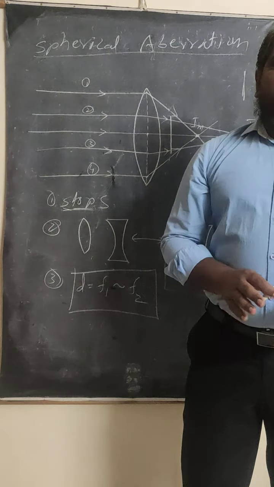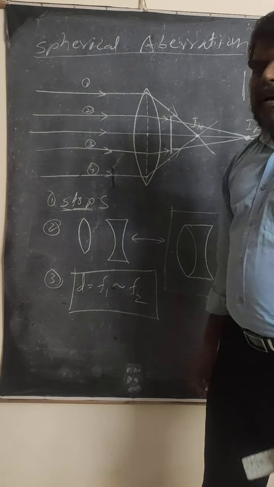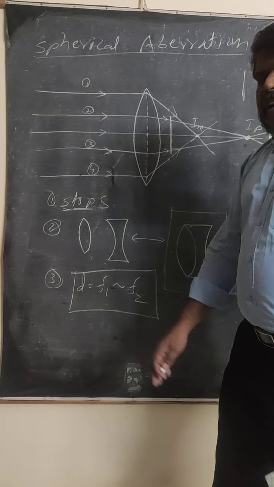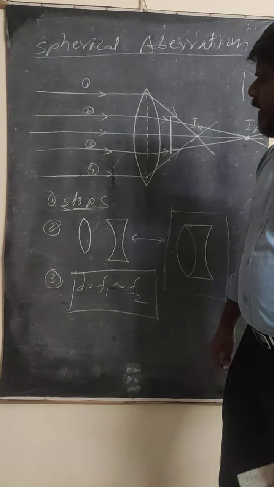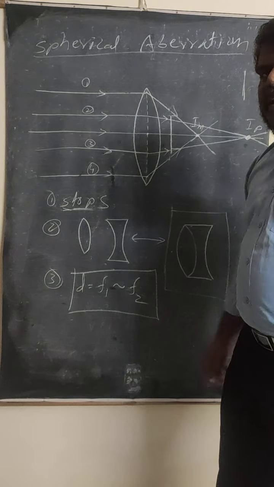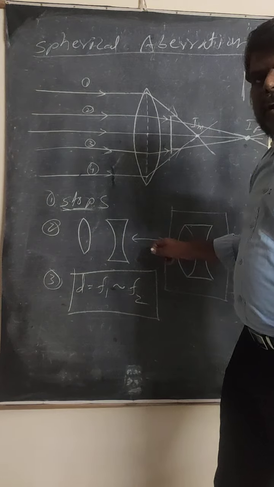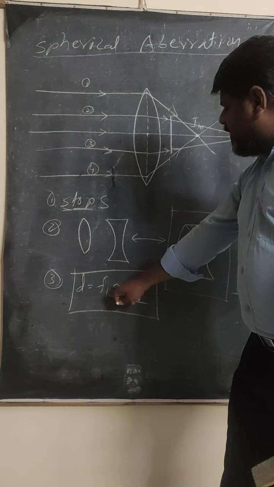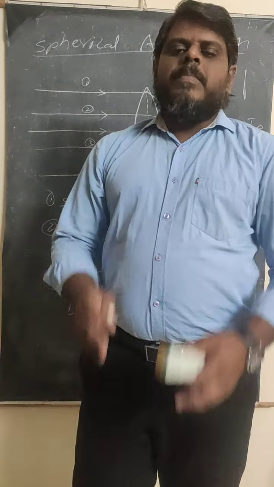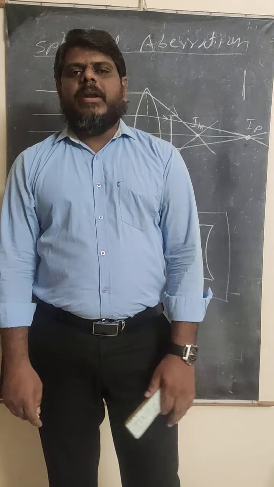Okay, what is the main reason for the spherical aberration? Marginal rays and paraxial rays. 1 and 4 are the marginal rays, 2 and 3 are the paraxial rays. Now, what methods are there? There are three methods to eliminate it. One is by using the stops. The second one is by using the achromatic combination, a suitable convex lens and a concave lens. We join them to eliminate the spherical aberration. And the third one is the difference between the two focal lengths. That means if two lenses of focal lengths f1 and f2 are separated by a distance of f1 minus f2, then immediately the spherical aberration is going to be eliminated.